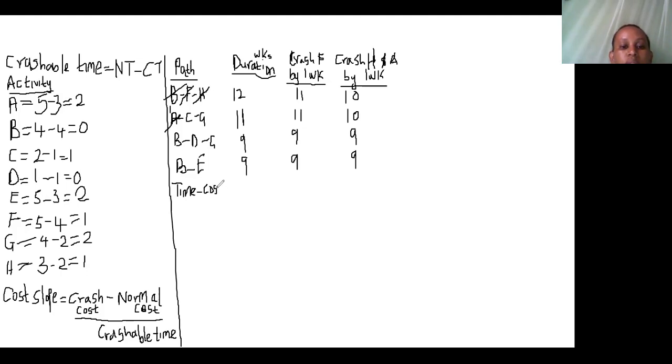And here it is a question: did we crush this activity? Yes or no? By how long? What is the effect of that in our project? So here I'll talk about the crush, and this is where we'll be asking, was a crush performed or not? And here we'll talk of the duration of the project,